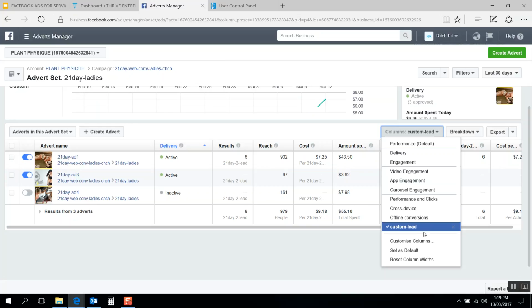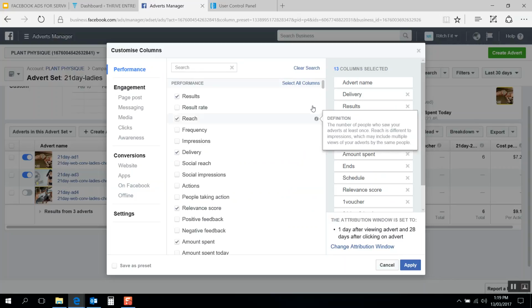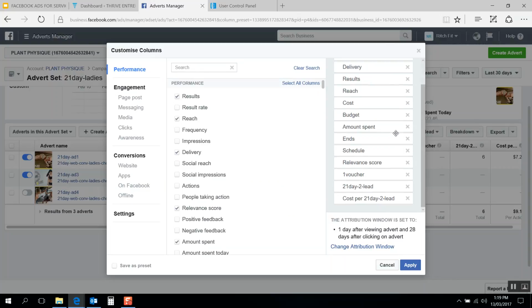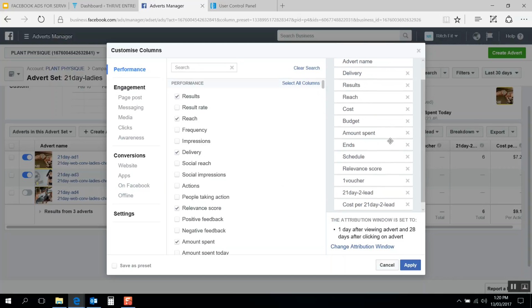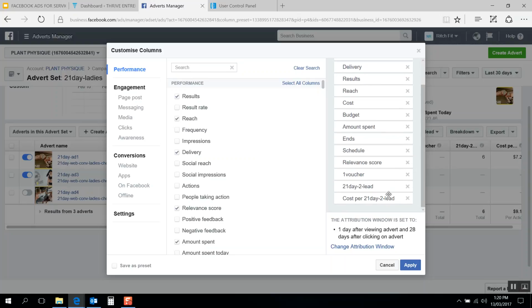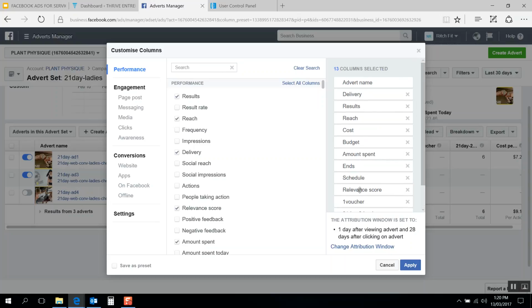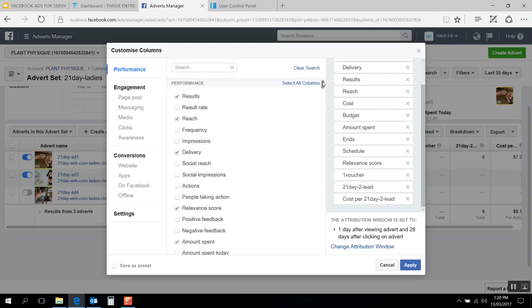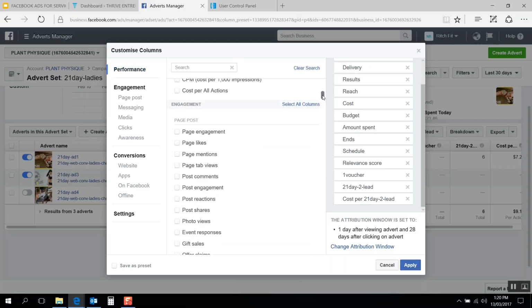But if I wanted to customize columns, go to customize columns if you want to start a new one. Now, we already like most of these on here. We don't need to know when it ends necessarily. Relevance score is good. It's already got 21 day. This is already letting me edit the current one. So most of the ones that are already on there you can just leave on there because they're kind of handy to have. But if you scroll down,